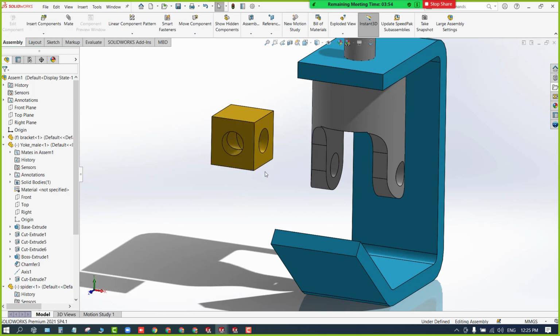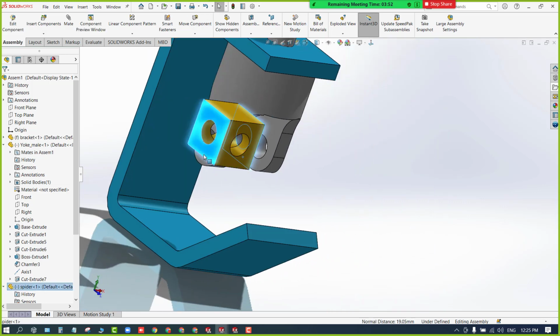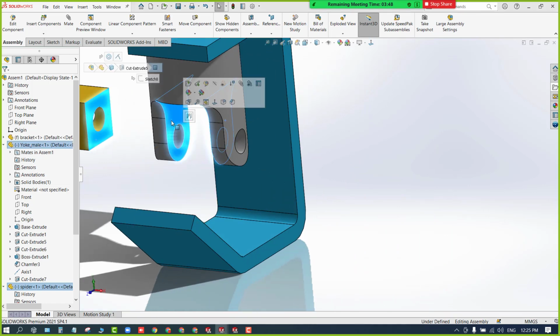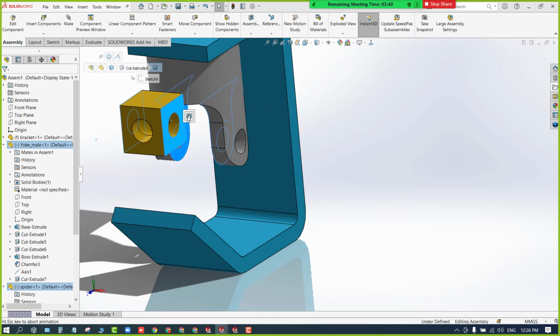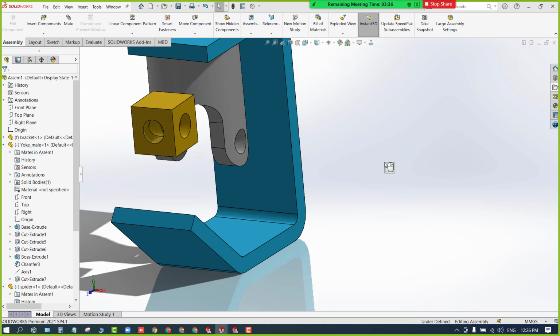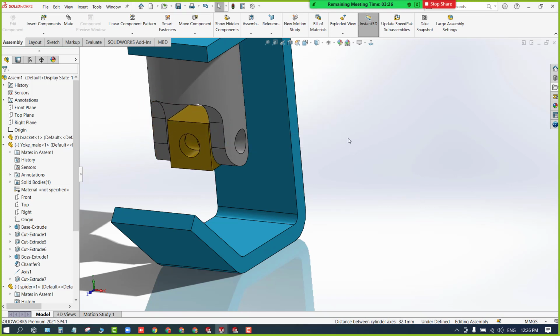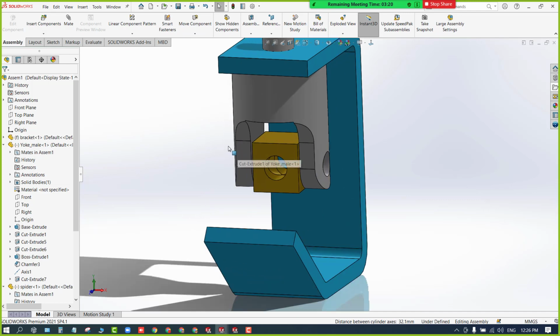Instead of that, the other way is to hold the control, select all the faces you want to mate, and release it. Can you see this width mate? If you select the four faces where exactly you want to mate it, the software gives you the width mate and automatically adds it. Again, a shortcut I'm giving: hold the control, select the faces which you want to mate, release it, select the mate. Got it, no? Write down the shortcut. And now we are done with this.